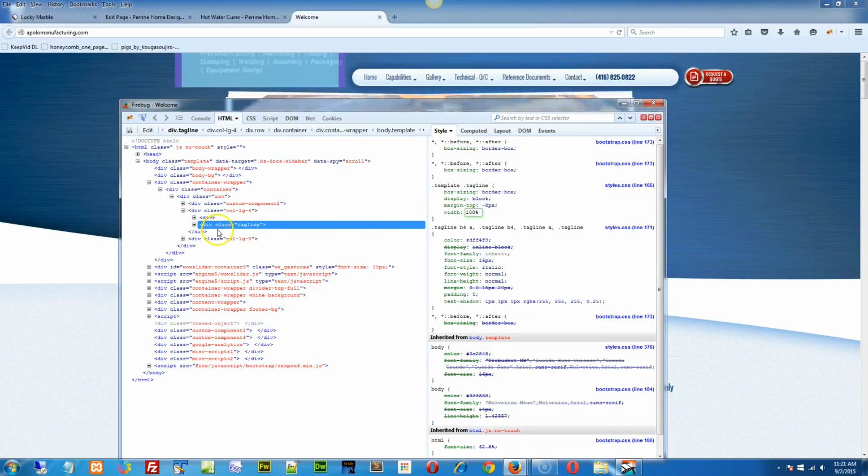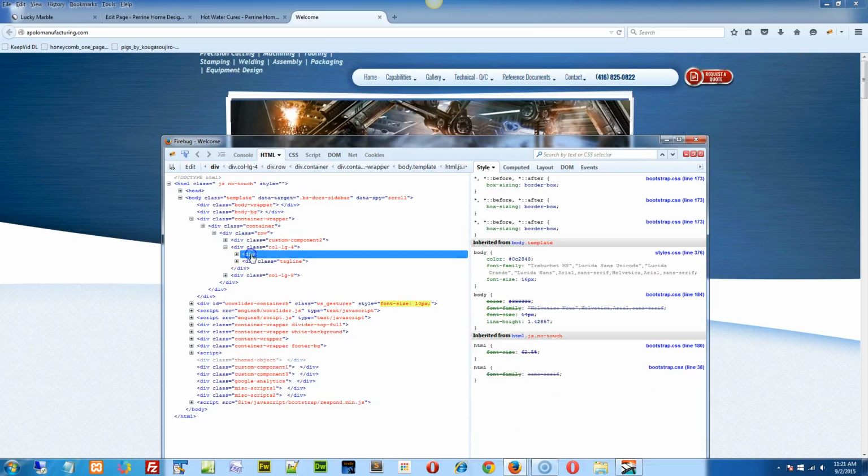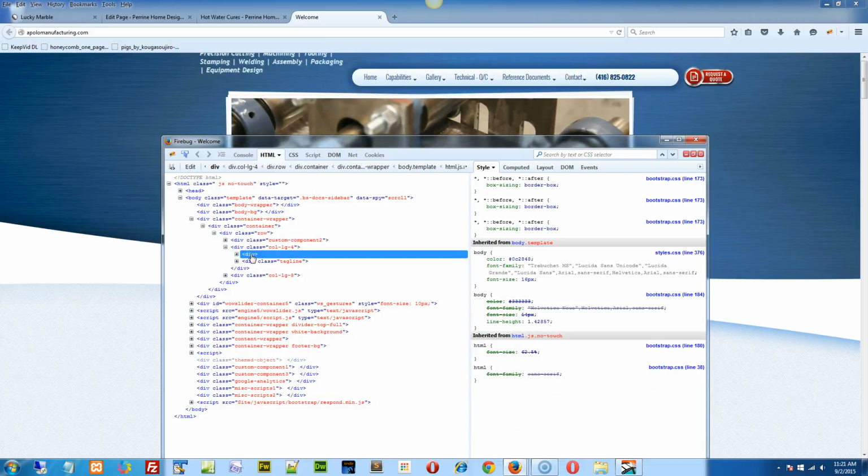Okay. The tagline here, it's in a column of 4. So basically, what you're trying to do is fit a tagline into an area that was designed for this block right here. Now, there are other ways of getting around that. You did it with the custom component right here. Right? And the next thing is this div for the